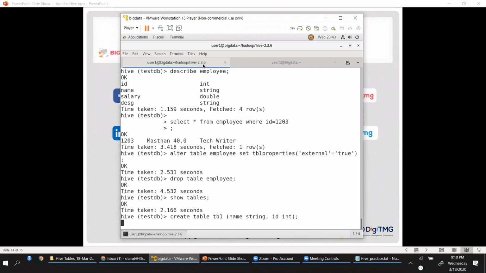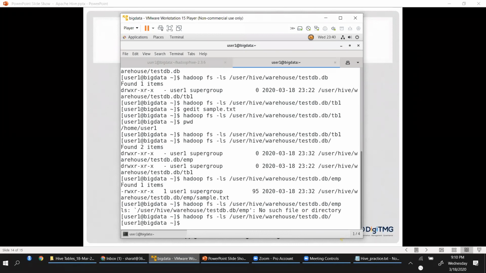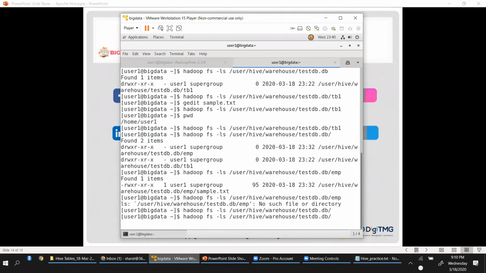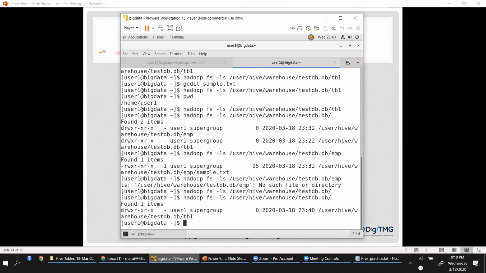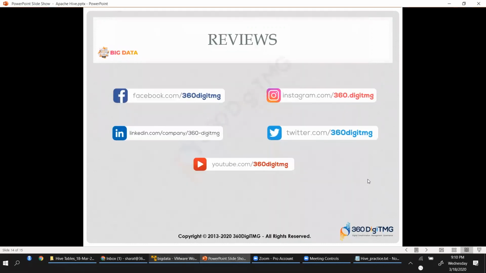Do this. Now it will basically show me TB1. Yeah, now you can see TB1 is there, right? So that's basically how your tables are getting generated. That structure is getting created on HDFS.